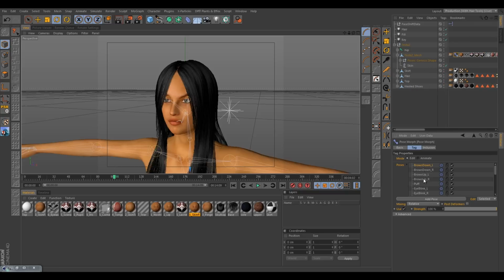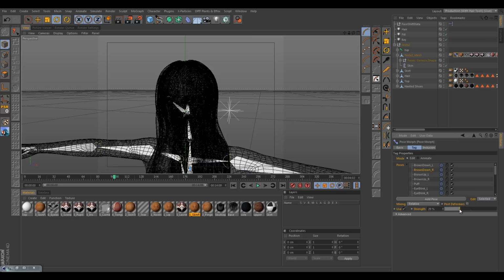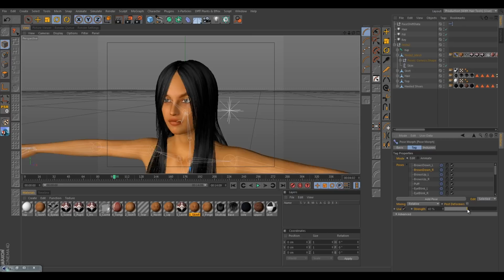Alright, and so with these morphs in here now, we can go through and see that these morphs are working. We can animate each one of these, and we can test here in edit mode in our pose morph tag that these different morphs are actually animating out. Sometimes Cinema 4D sticks when it's going through the pose morphs. Pose morph tag is a little on the intensive side, it seems, as Cinema 4D loads up the morphs first, and then it has to play with them.